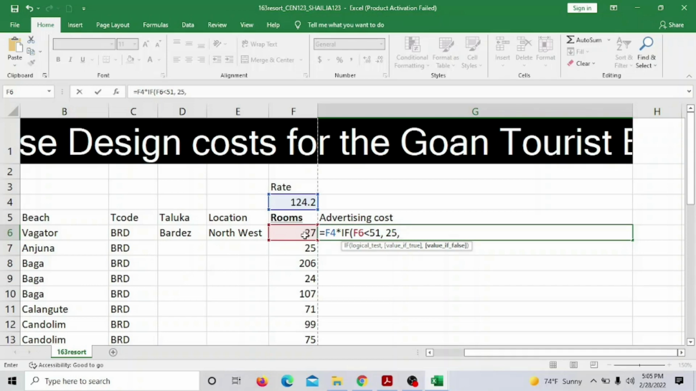Okay. Now, what is the other one? Another if we have to start. If first part is the condition, the first comma is the true part, the second, after the comma, is the false part. If the number of rooms is less than 51, it will pick 25, else it will pick the next if. Now again, if f6 is